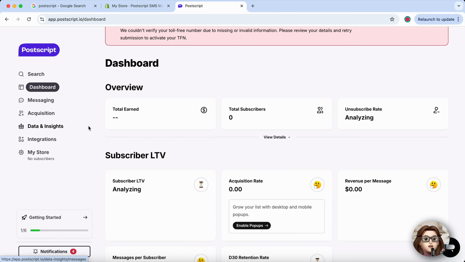That's it. You've successfully embedded Postscript into your Shopify store and can now start building SMS campaigns to boost engagement